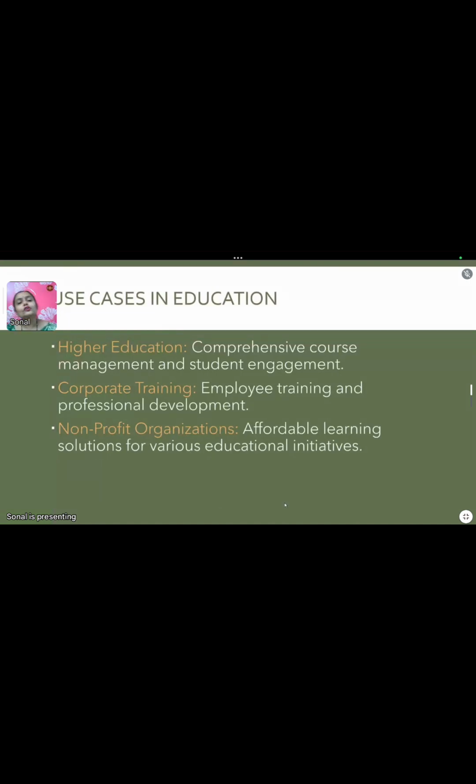Use cases in education: how it can be used in higher education, comprehensive course management and student engagement. In this way, Moodle learning management can be used in corporate training, employee training and professional development courses, and all these different training schedules and modules can be used. And in this way, the Moodle learning management system can be used for corporate training, and it is very useful